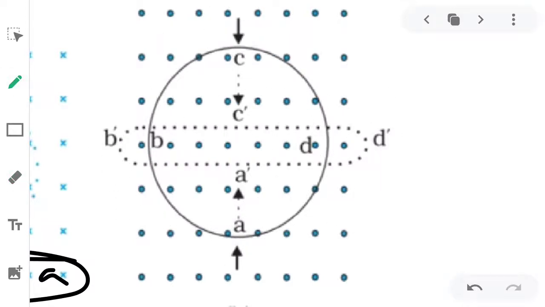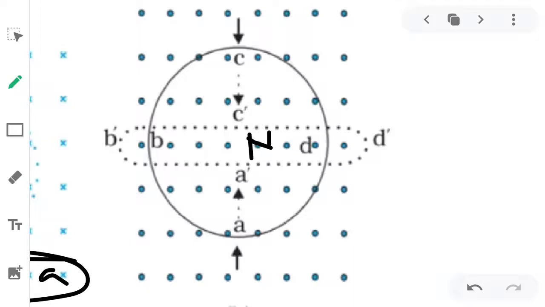Area decreasing means it will have the same polarity. Same polarity means if south is above, here will be opposite polarity because area is decreasing. So if it increases, it will be opposite polarity. South is above, so again a north pole forms here. North means